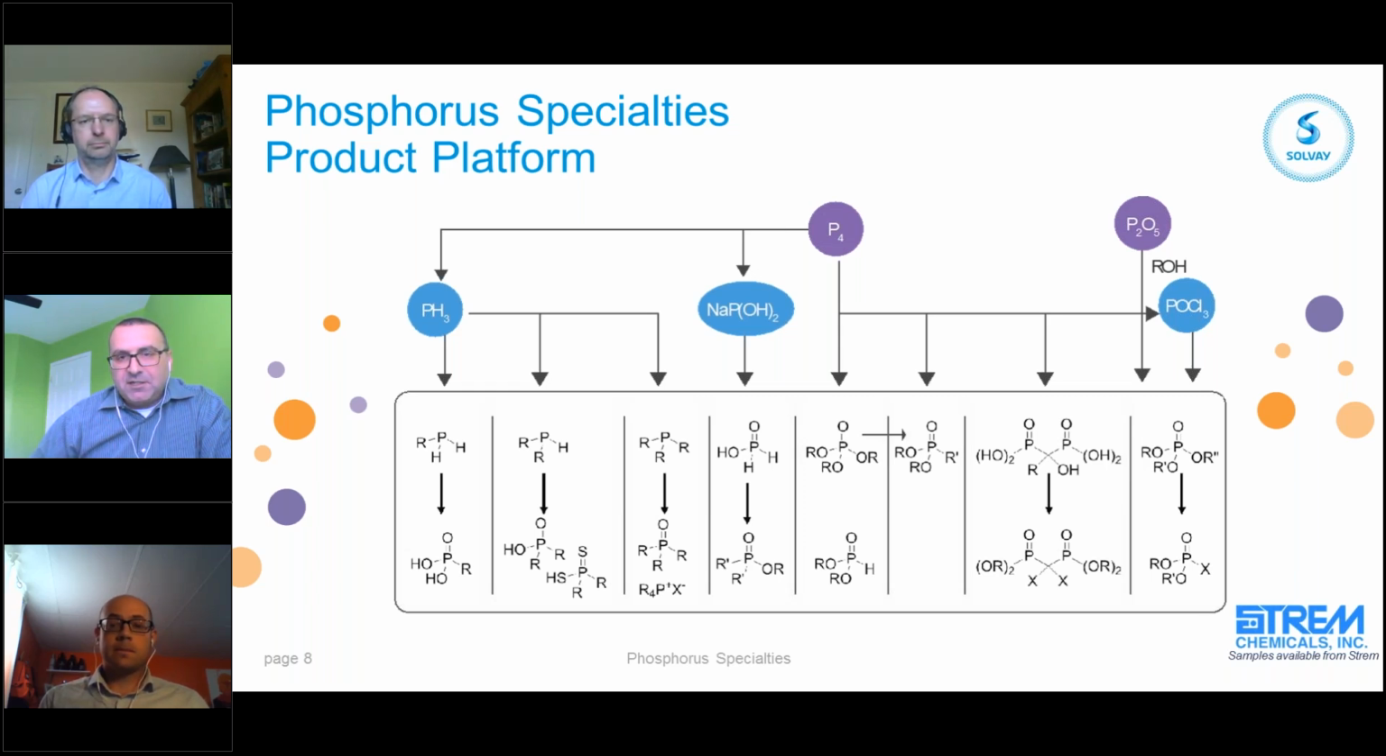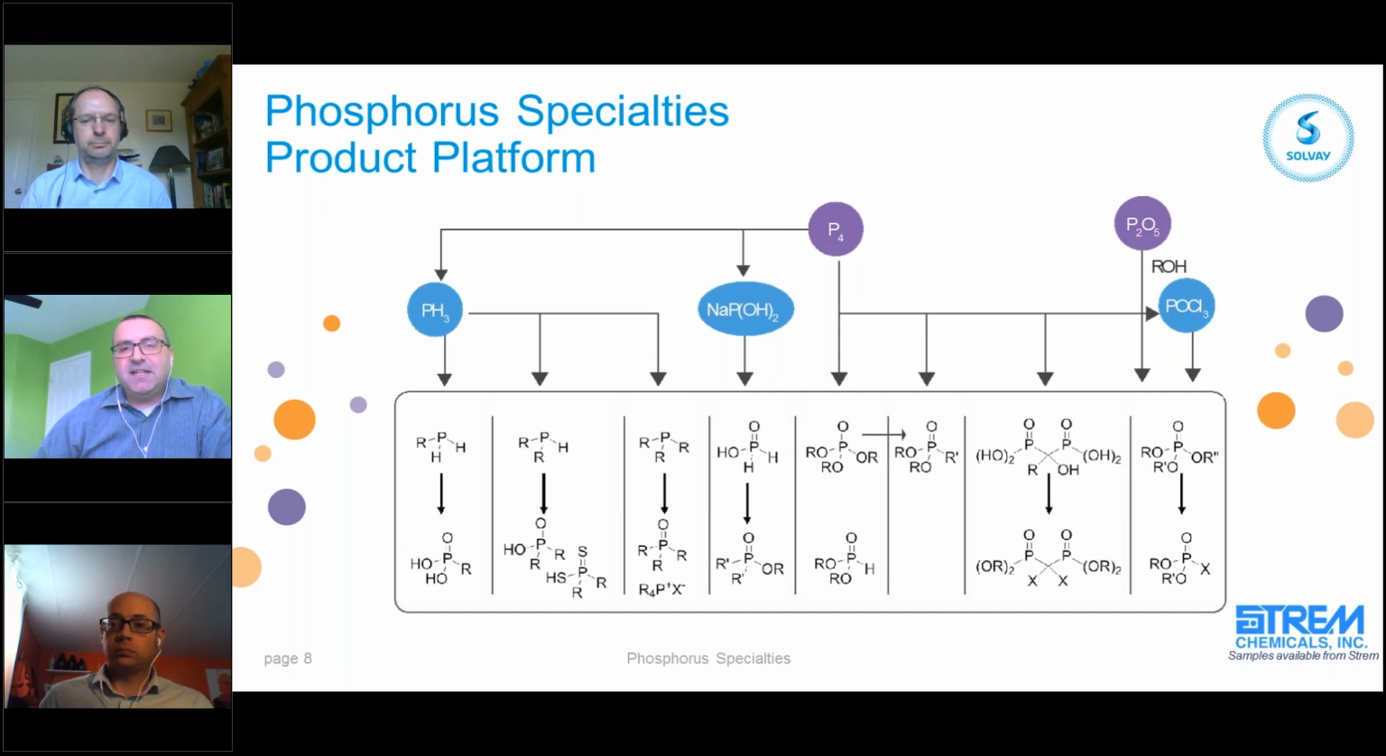While there's a lot of chemistry shown in the scheme below, we're going to focus primarily on the left side of the scheme. So moving from P4 over to phosphine gas. Solvay is the largest manufacturer globally of phosphine gas. We handle it at high pressures. And from that phosphine gas, we can make primary, secondary, and tertiary alkyl phosphines, which you see in the arrows